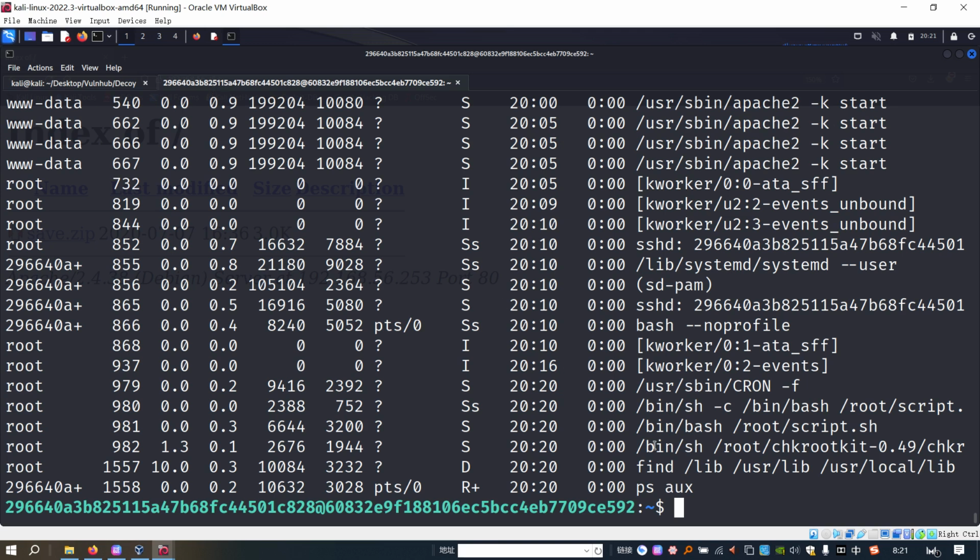However, just now we know that this utility is run by the root user, so how to trigger it? We can launch the honeypot decoy and choose the option of a file, and then this utility will be executed.